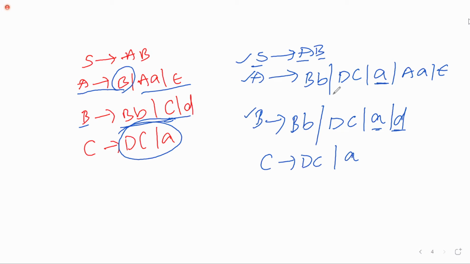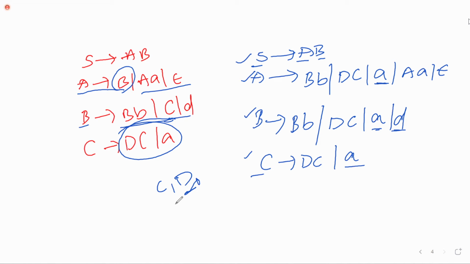Next, here we are having two more variables, C and D. Yes, C is also deriving a terminal. At this level, C is also useful. Next, D we are checking. D is not at all deriving any terminal. The first condition is to check reachable or not, the second is to check whether it is deriving a terminal or not. Reachable part is satisfied, but it is not able to derive any terminal. So we can conclude that D is the